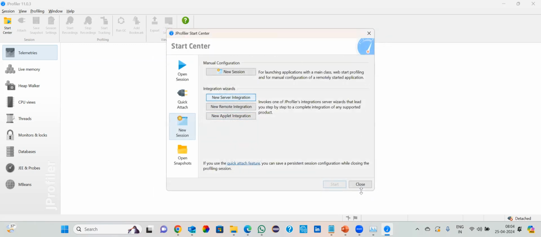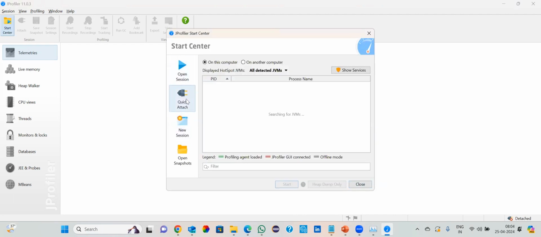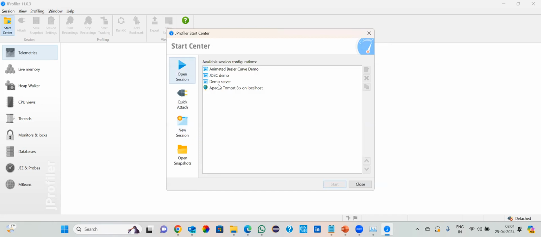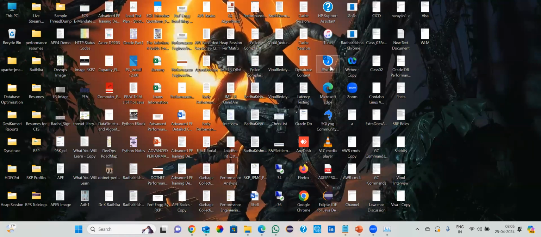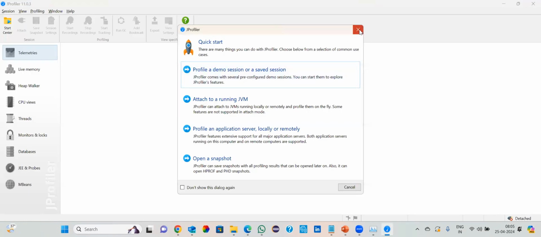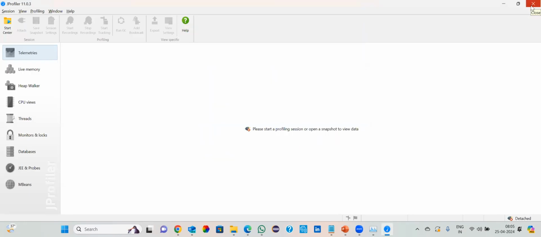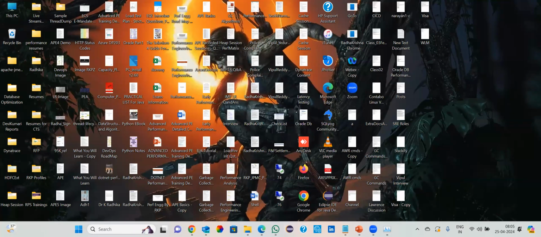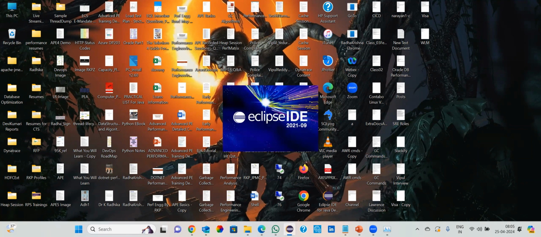So when you're running profiling, right, you run a profiling tool, but how do you know that this is something you have to profile? For example, you have a demo server here, or let me close this one because I don't want to give you that. Oh, okay. I'm not supposed to open a JProfiler because when JProfiler is integrated to Eclipse IDE, I have to open the Eclipse IDE. So I'm trying to open the JProfiler. If you have to do the profiling on a specific thing, you can integrate all of that. But if you go to Eclipse IDE now, so what will happen is,